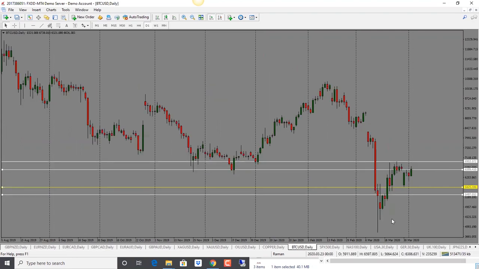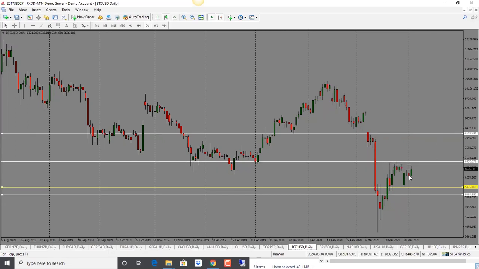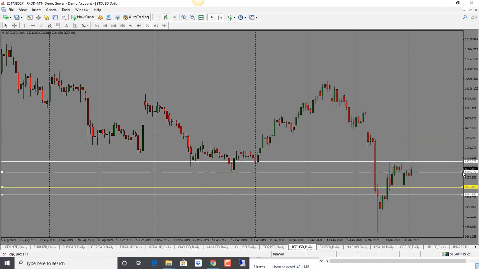Bitcoin here. Bitcoin has been all over the place. We see a bullish candle close here. So price has gone through this level, the open that we saw on Sunday. And now this one is looking bullish. It's holding above here. So if it continues to hold above 6,500, we could see price go into 6,950. So for now, bias is bullish, but again, with caution here because it's just going back and forth for the time being.